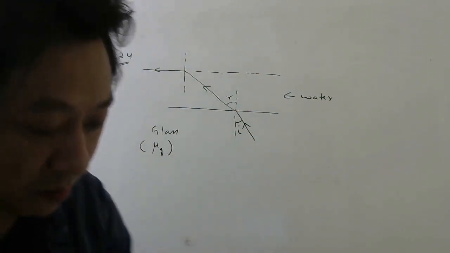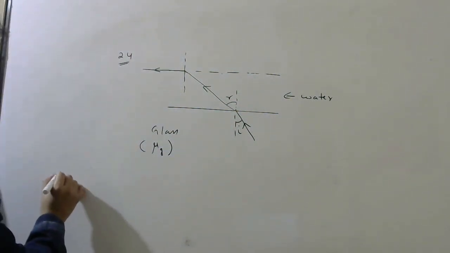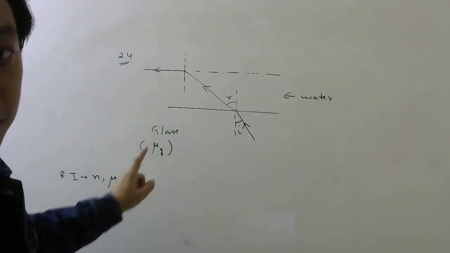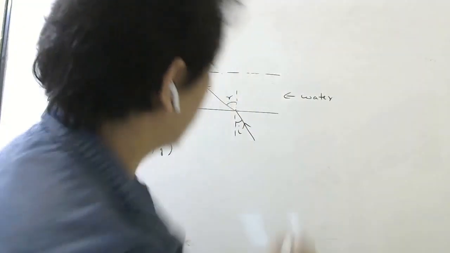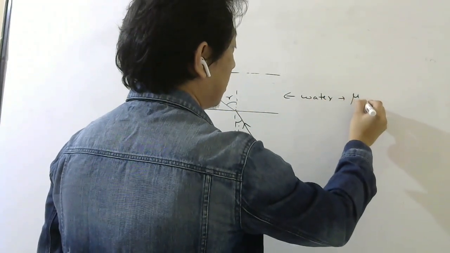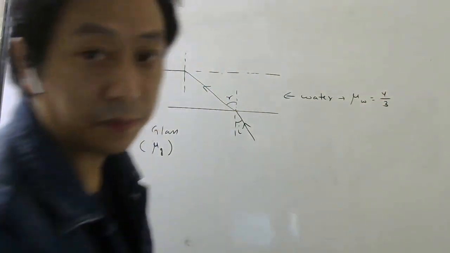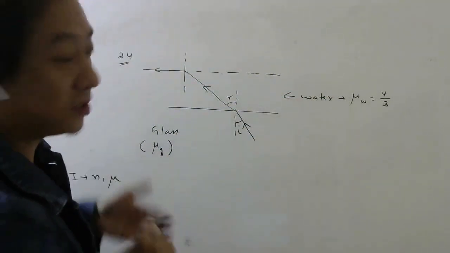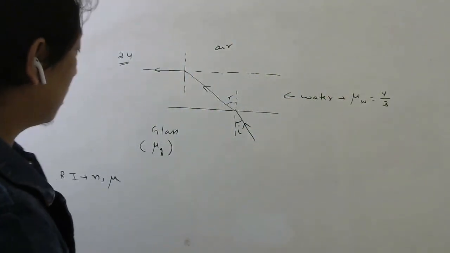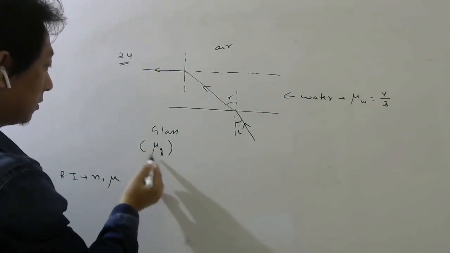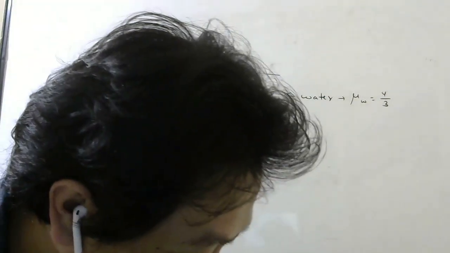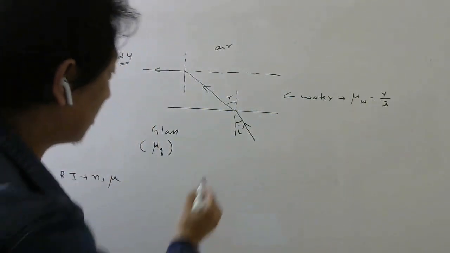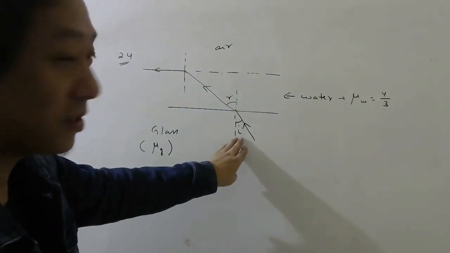So I've told you, if you remember during the regular classes, that for refractive index sometimes we write n, sometimes we write mu. So they want the refractive index of this glass. For water they have given, yes, the refractive index of water is 4/3. Now there are multiple layers, glass, water, and this is not mentioned, so it will be air. So they want you to calculate this refractive index. Angle of incidence, do we know? Oh, the answer should be in terms of the angle of incidence only. So you should consider this as a given quantity.